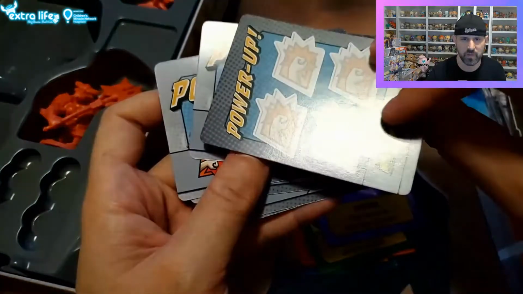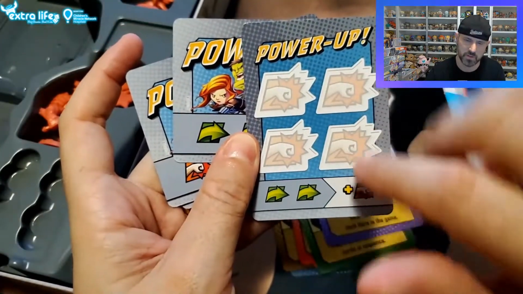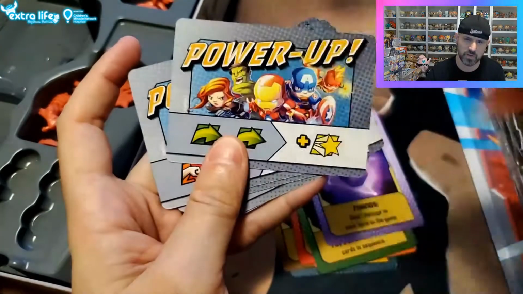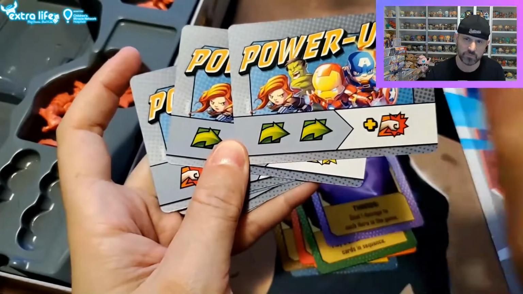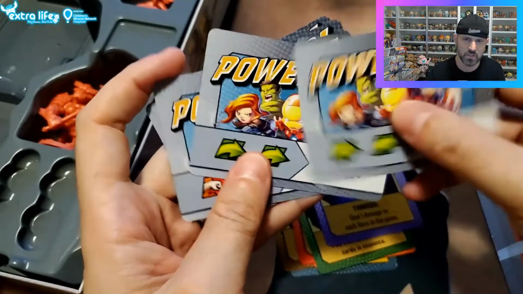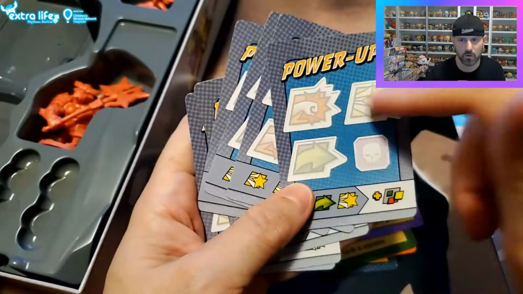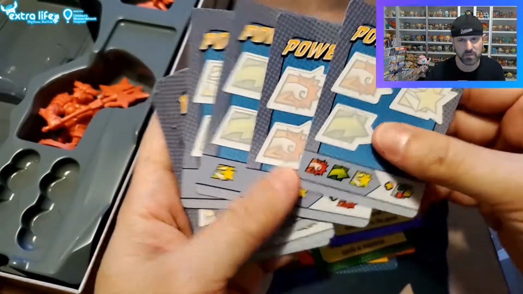Alright, so you have punch, punch, punch, punch. Move, move, plus punch. Move, move, plus punch. So this is the main thing. Then you have these 4 punches. So again, since I haven't read the rules, I can't tell you what these are for. But it appears as though